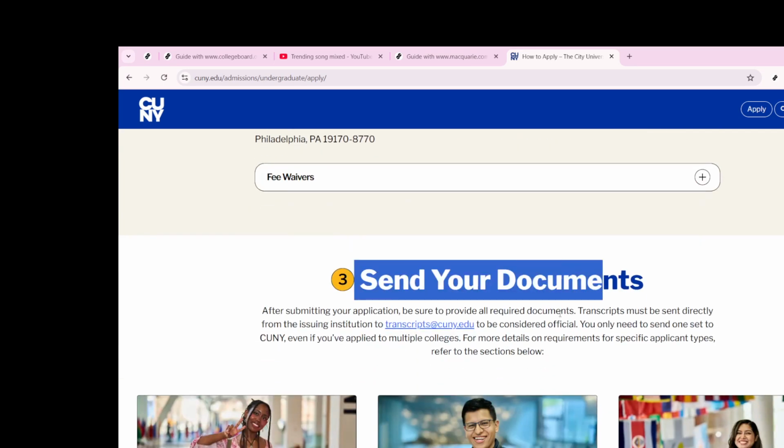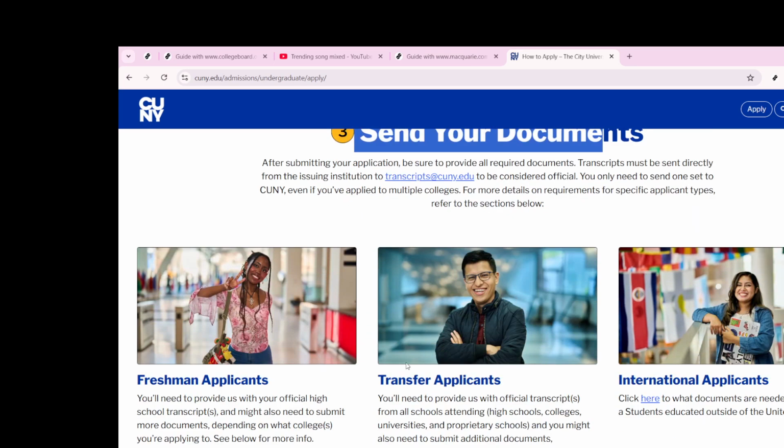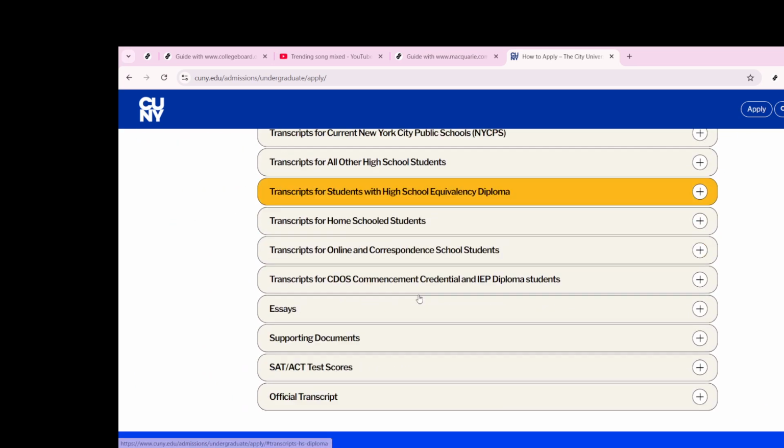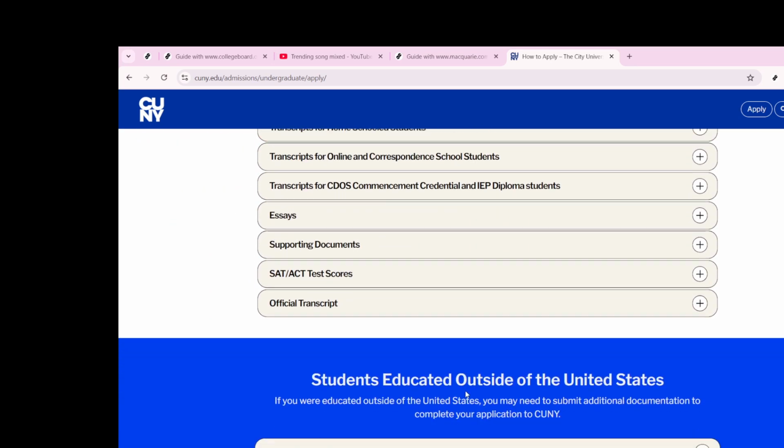Selecting your intended program or major is a significant part of the application. When prompted, make sure to choose the City College of New York as one of your preferred CUNY colleges. Then indicate